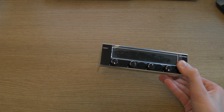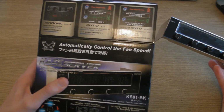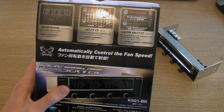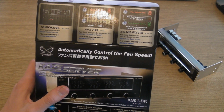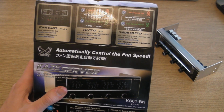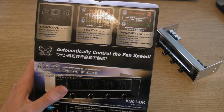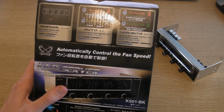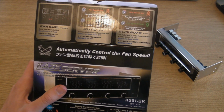With this, you can also choose, as you can see here, it says semi-auto. This basically means that the fans spin depending on the temperature. For example, if it's cold and it's perfectly cooled, then the fans will spin slowly. If it's a hot day and your computer for some reason heats up, then the fans will act accordingly and